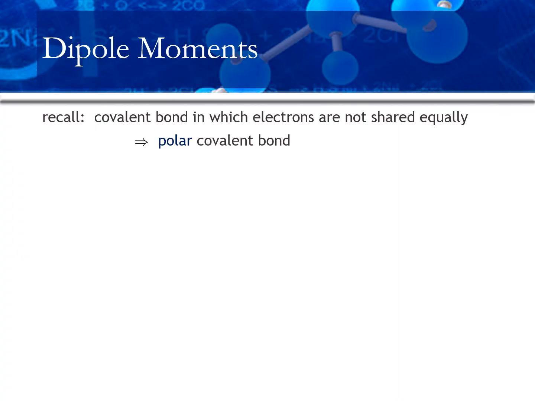Recall that we said that a covalent bond in which electrons are not shared equally is known as a polar covalent bond. The example we looked at back when we introduced this was hydrogen fluoride. Remember, fluorine is an extremely electronegative element, so there's a partial negative charge on one side of this molecule and a partial positive charge on the other. Partial positive charge on this side, partial negative charge on the fluorine side. So we say that there's a dipole,